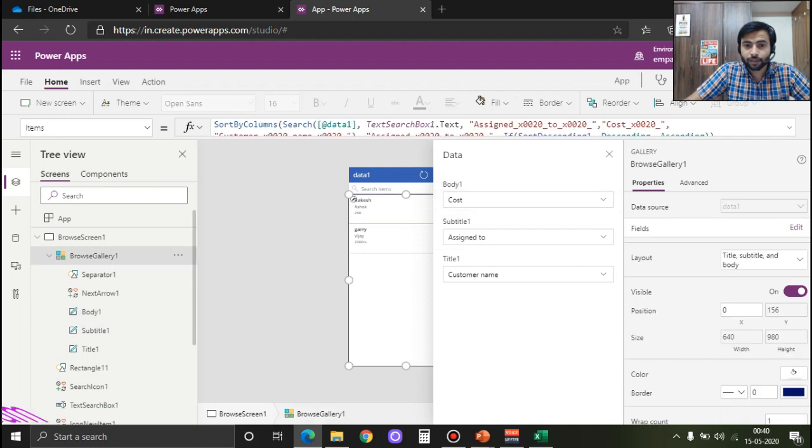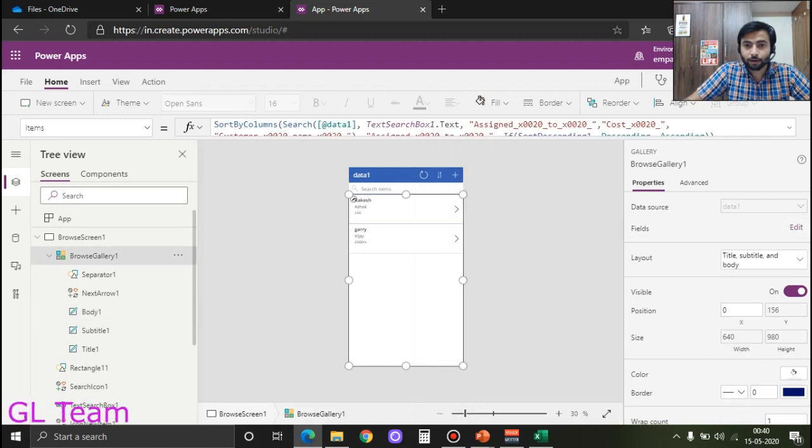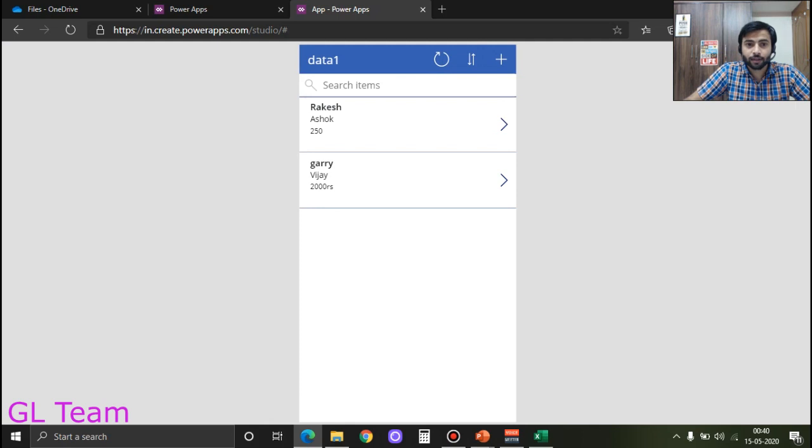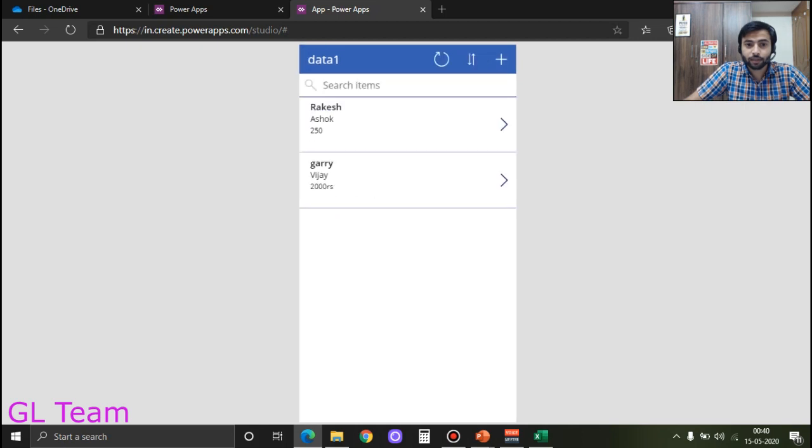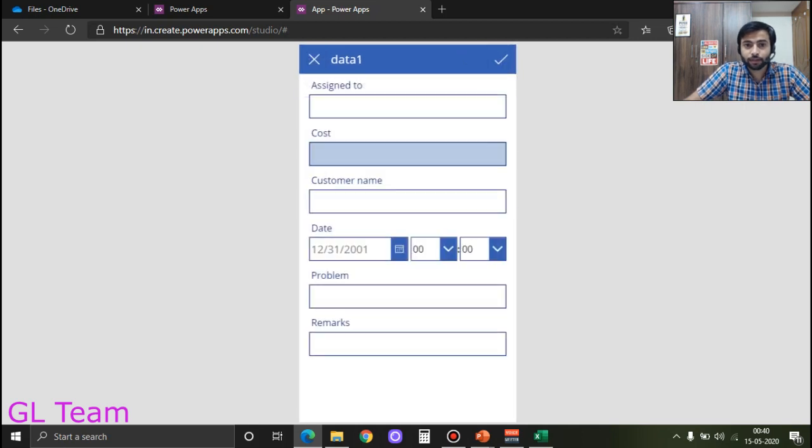Now you can see I have my browse screen looking like this. Rakesh is the person, customer name, and mechanic name is Ashok, and the cost which I'm going to take from my customer is this. So this is the browse screen, and this is your edit screen.